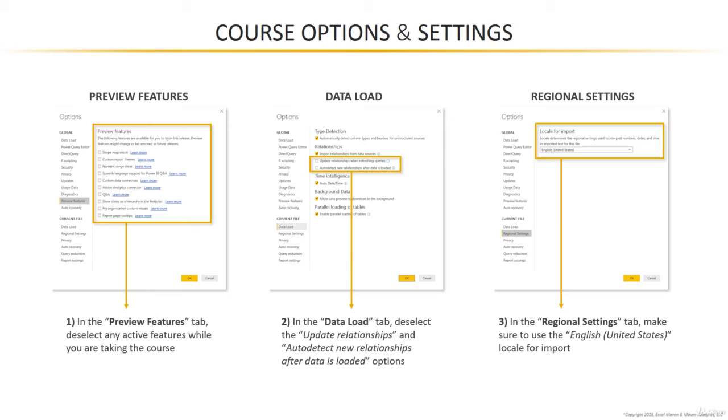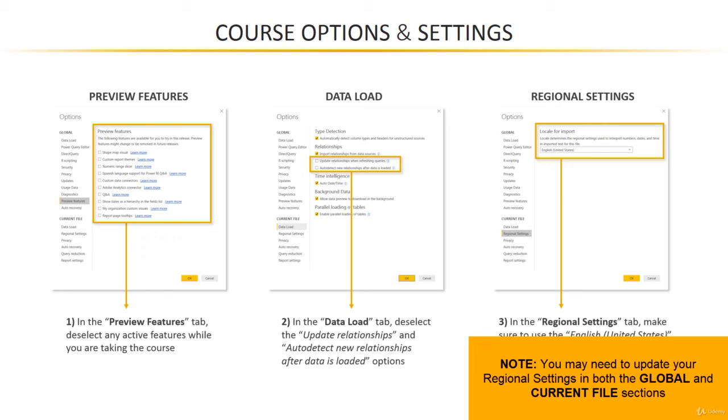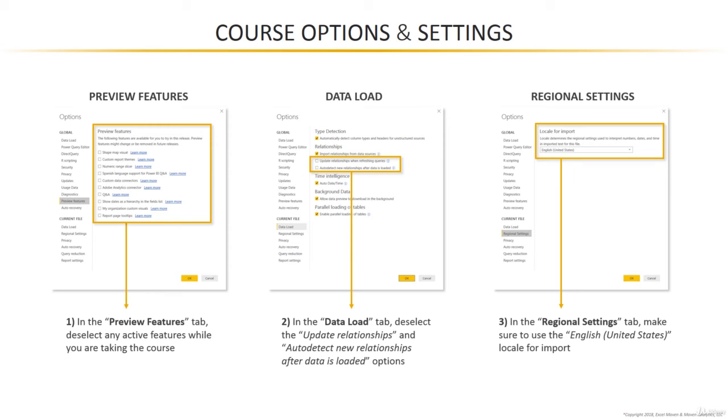And the third update we're going to make is with the regional settings. Now, this is an important one. We need to set the locale for import to English United States. And the reason we have to do that is that the downloadable resource files and the CSVs that I've created for the course projects are built using English settings. So the dates are formatted as month, day, year. We've got decimal places noted by periods, not commas. So if you're in an area with different regional settings, like Europe or South America, for instance, you might experience errors when you try to load up that raw data if your system is looking for a different format or syntax. So I'm going to open up Power BI right now and just show you these 3 options in the